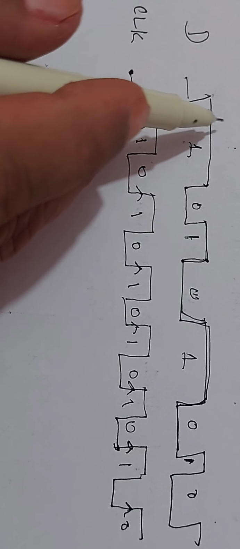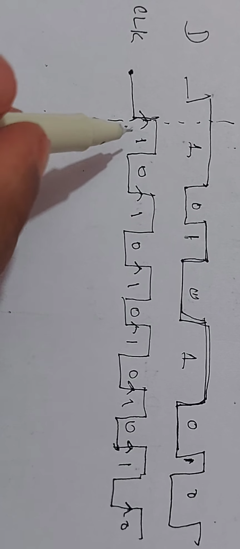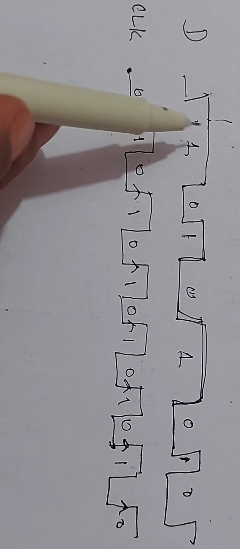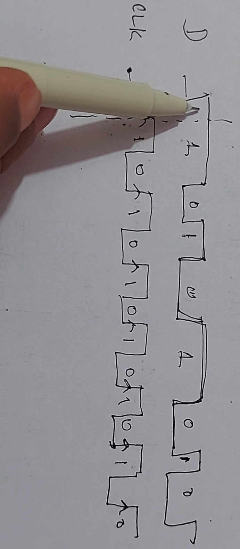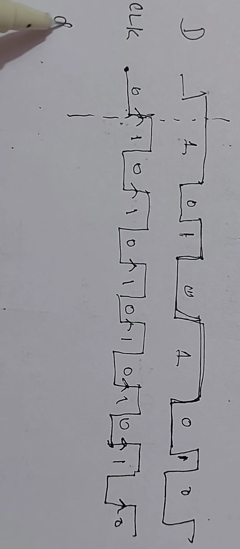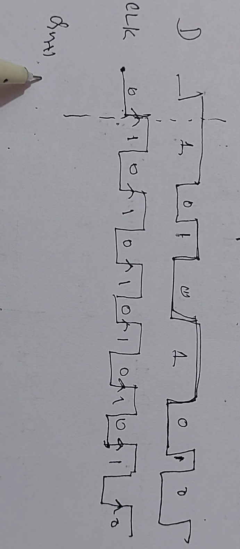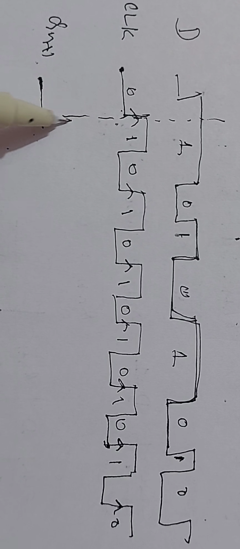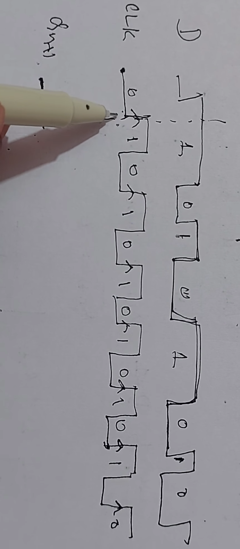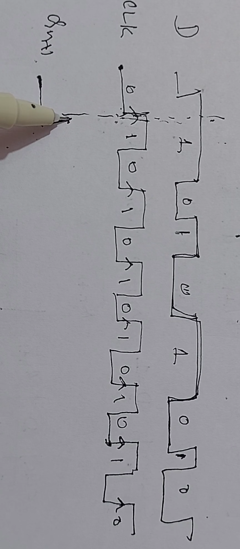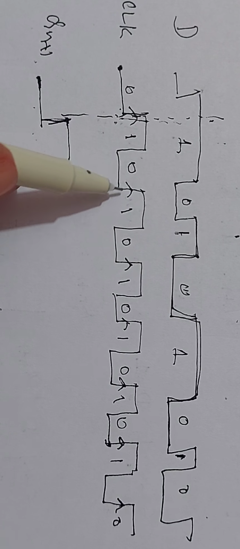See, at this positive rising edge, here the clock pulse is 0. Therefore, whatever the value of D, D is 1 but the output is 0 itself. Therefore, the output Qn plus 1 will remain 0, and the clock pulse is 0. Here, at this point, what is the value of D? D is 1. Therefore, the output goes to 1 and remains the same till the next clock pulse.